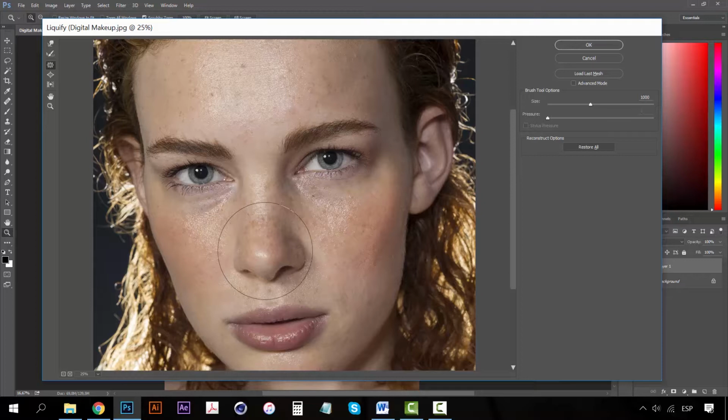Perfect. Now for the eyes, I want to make them a little bigger, so let's grab again our bloat tool,